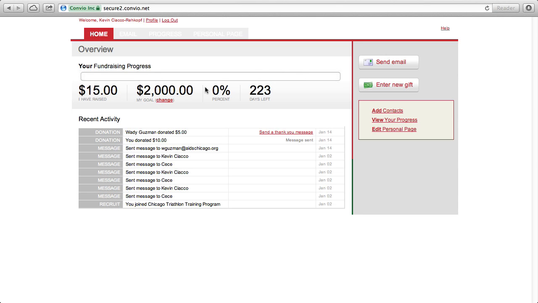What I'm going to do for this tutorial is go over the home page that we're seeing now and also the progress. In other tutorials, we'll review how to do emails and set up your address book, and also how to edit your personal page. So on the home page that you see here, what you'll see is how much you've raised,